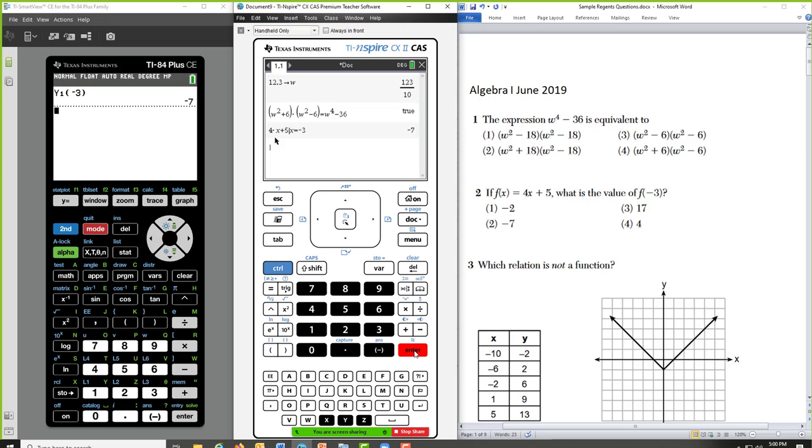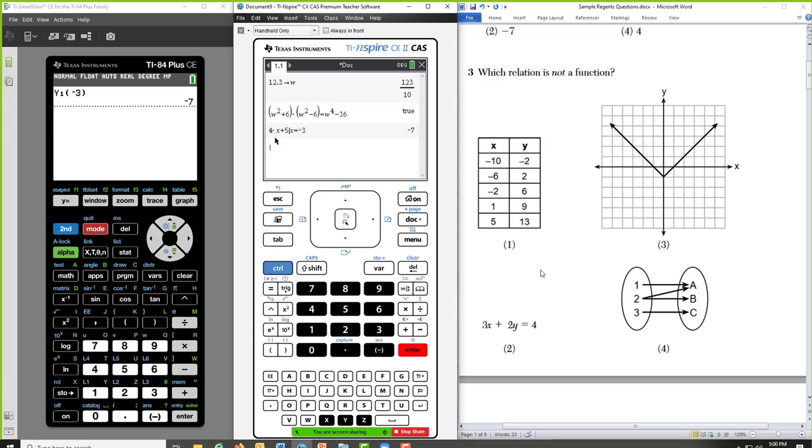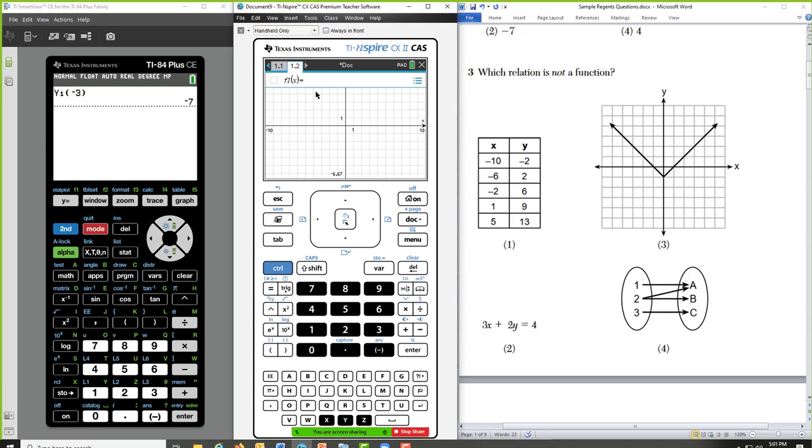There you have it. Number 3, I don't want to break down all these options, but I thought it was really cool that option 3, which relation is not a function, I would on my Nspire add a graphs page, and it starts in function notation.